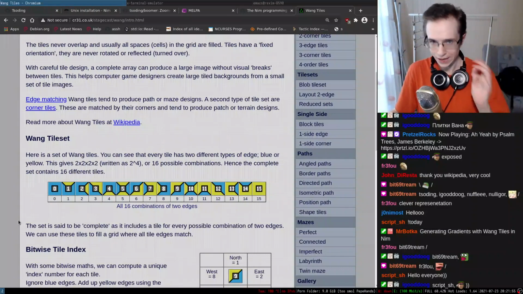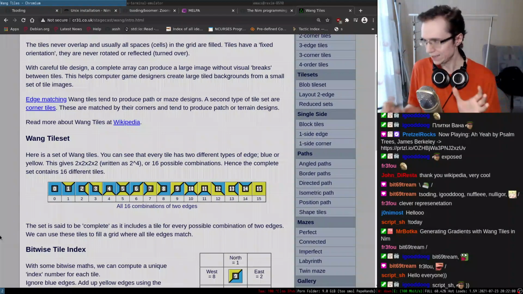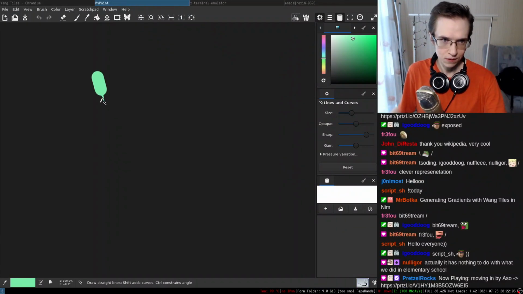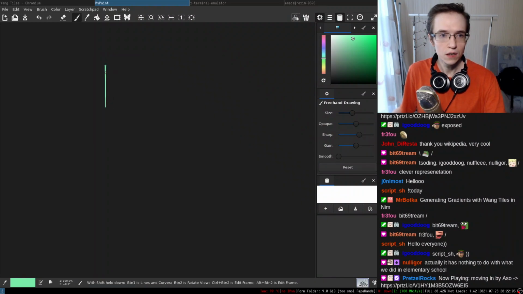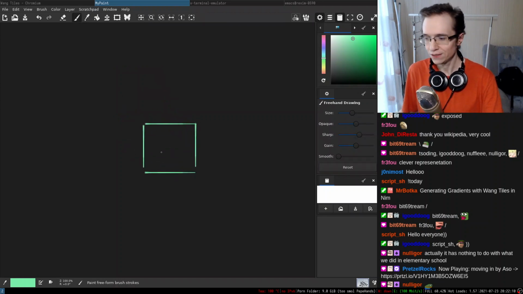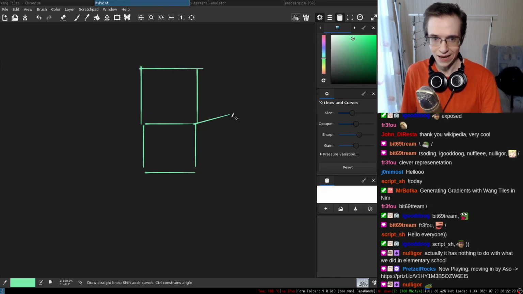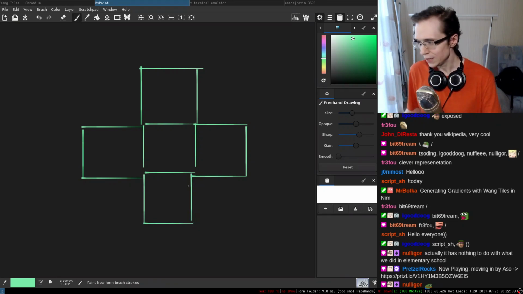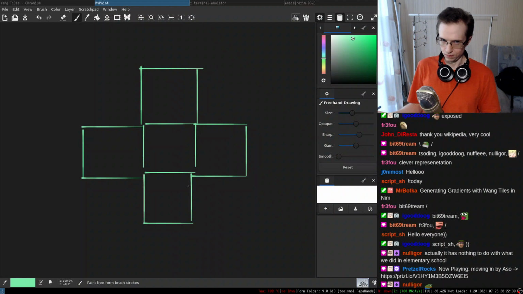If you have a full set of Wang tiles, and for instance you have a cell into which you want to place a tile, and you already have 4 neighboring tiles like this, and these 4 neighboring tiles are already placed and completely random.